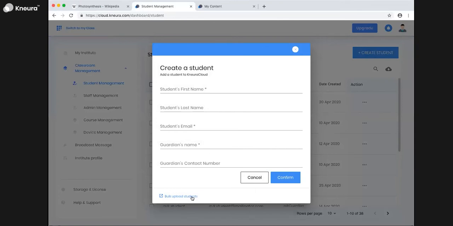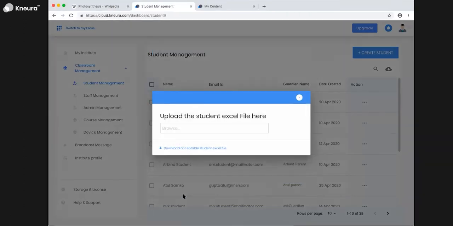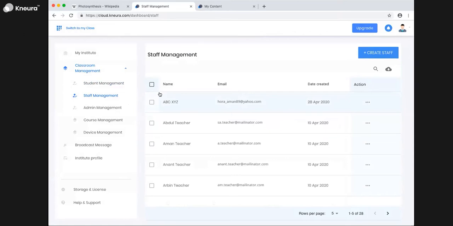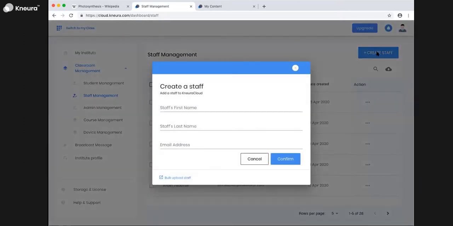You also notice here there's an option to bulk upload the students. Basically what you will be doing here is downloading this Excel sheet, filling in all the student data, and then just saying submit, and this would bring all your students onto this platform. Okay, so now similarly you have the same procedure to onboard your teachers as well. Again, you add your teachers either one by one or do a bulk upload and bring all your teachers onto this platform.